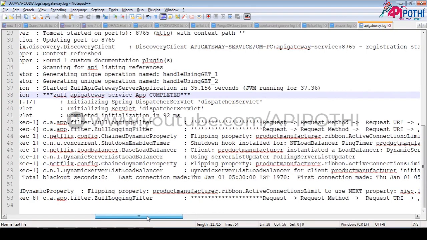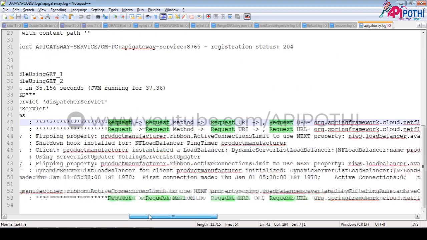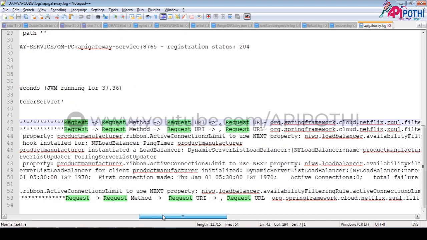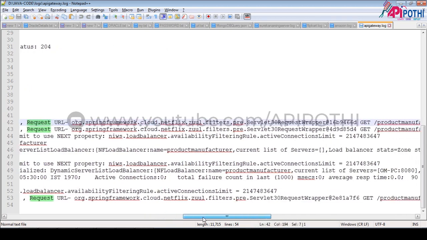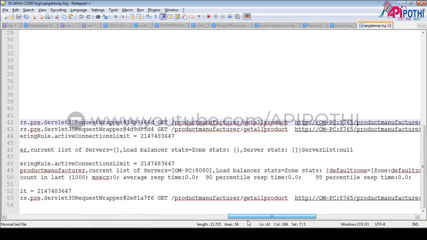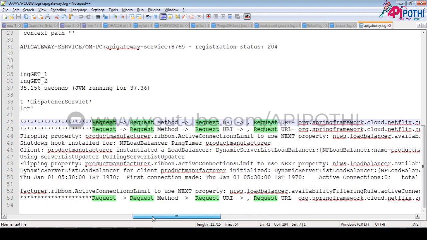Come here and directly open the API gateway log, and if you see, the tool API service is completed, nothing but our run method ran successfully in 92 seconds. Now if you see, this is the tool filter, we have kept the request. There is some information there.